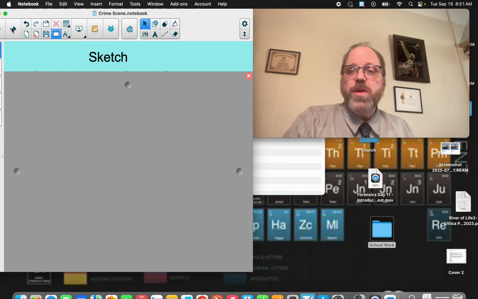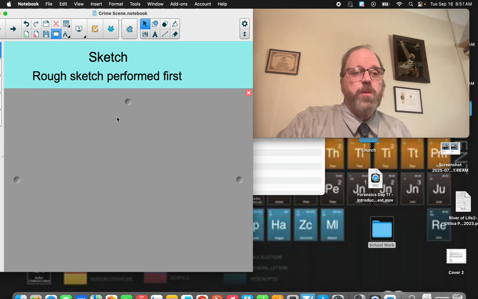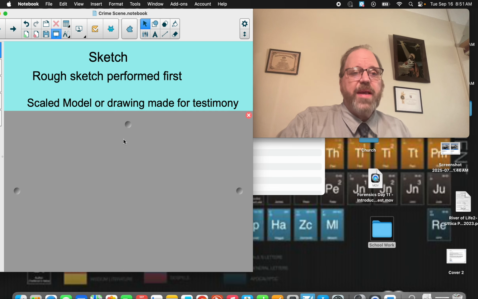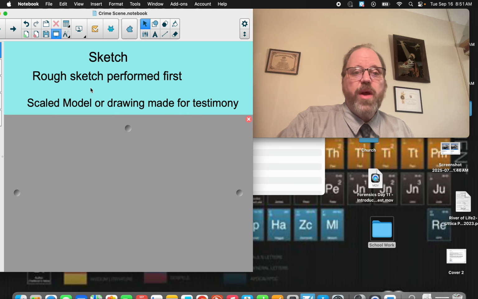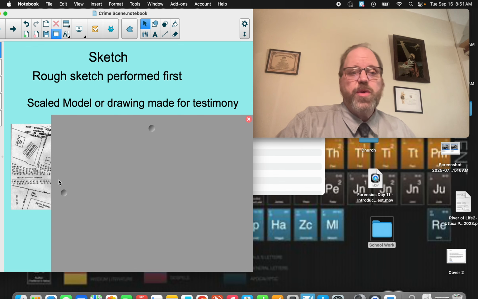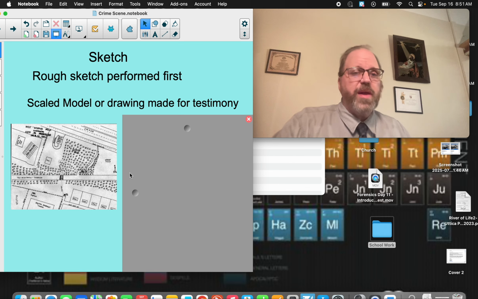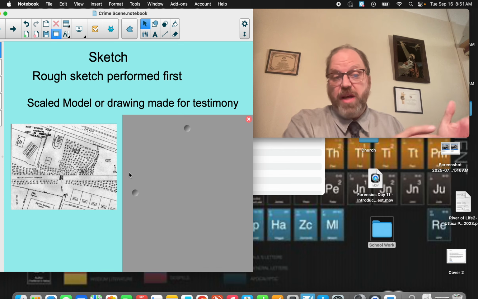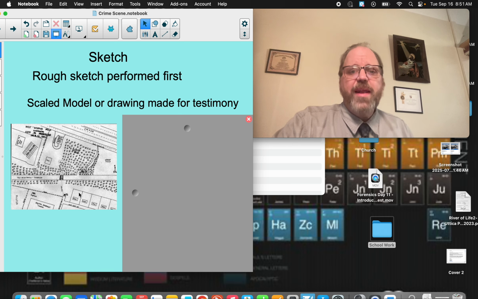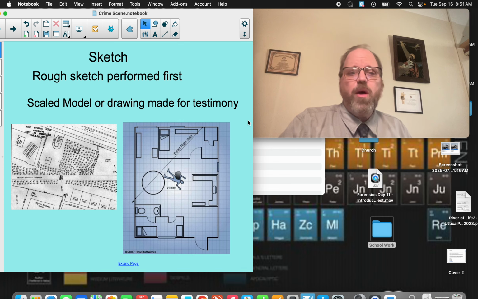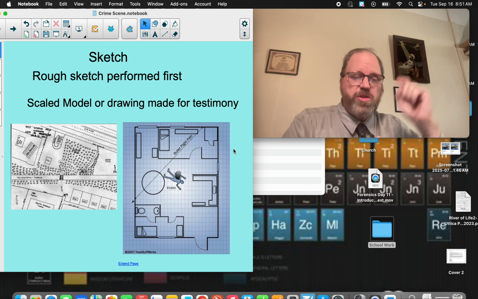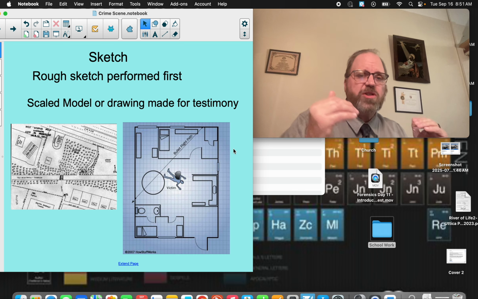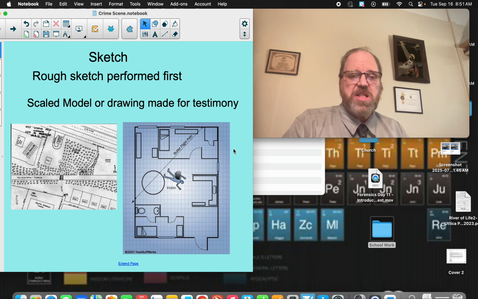Now, when we do sketches, there are two kinds of sketches we do. We do a scale model for drawing a testament, and we do a rough sketch. The rough sketch is what we do in the notebook, so we get some idea what it looks like. The person's got some really good skills here. And then we do a scale model later, usually with graph paper, so we get exact measurements, exact dimensions, sizes,